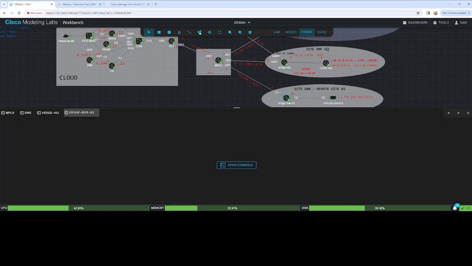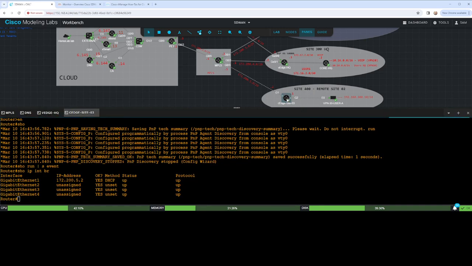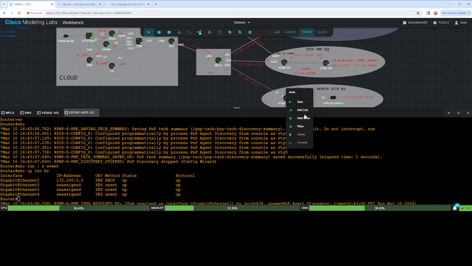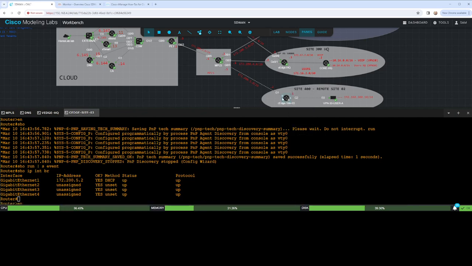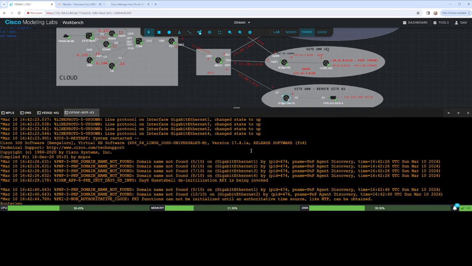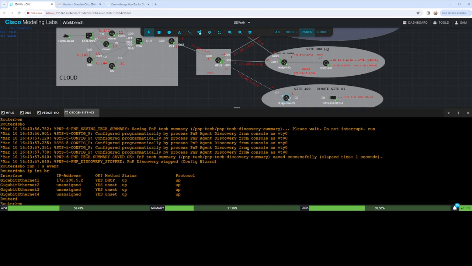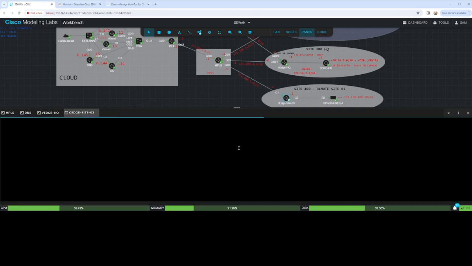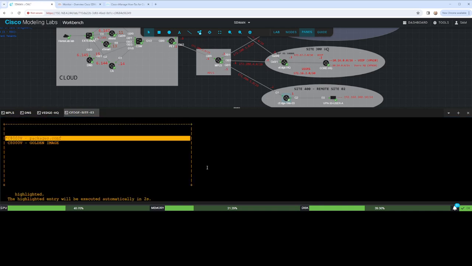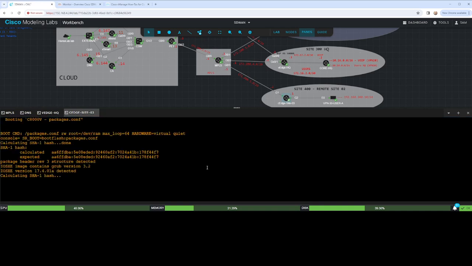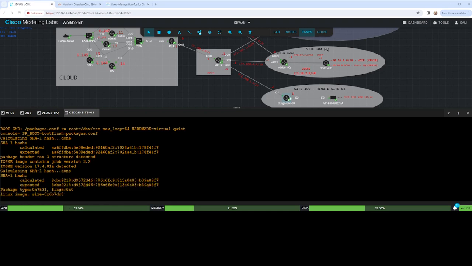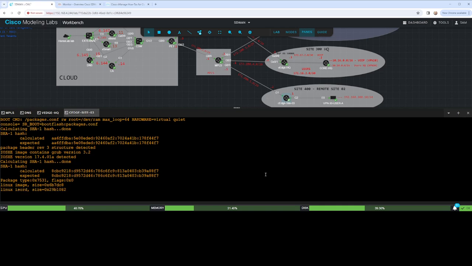Stop. Restart. Okay, so what's going to happen is I don't want it to get an IP. I want the event manager to be able to capture. In this case the event manager was not in the configuration, so it wouldn't capture that syslog and trigger the embedded event applet. The applet wouldn't trigger. So what I need to do is no shut the MPLS interface once this is fully booted. Once I no shut that,